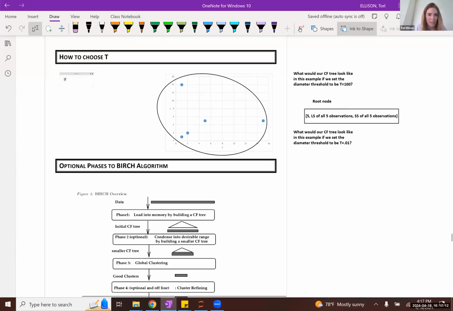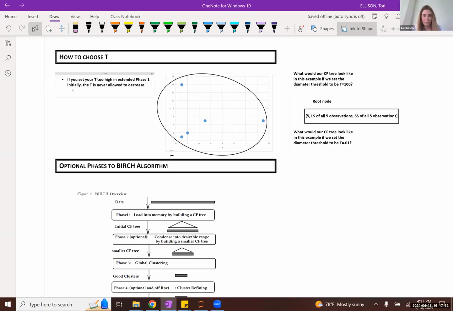So the thing here is, if you set your T too high in extended phase one, then your BIRCH tree... so the bullet point is, if you set it too high in your extended phase one initially, then the thing here is that the T is never allowed to decrease. Okay, so the extended phase one only allows for you to iteratively increase the T.